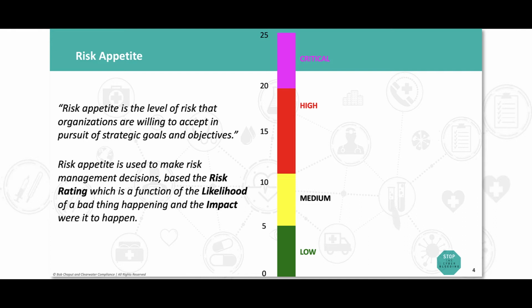Think about the scale from 0 to 25 as we previously discussed. And think about your personal risk appetite. If you have a risk appetite in some matter that is 0, that means you have no appetite whatsoever for risk. On the other hand, if your risk appetite number is set at 25, I would say you have an extraordinarily high appetite for risk. If your risk appetite is set at 6, you would probably be regarded as someone who is risk averse. And on the other hand, if your risk appetite is set at 20, you might be somewhat regarded as being a risk taker.